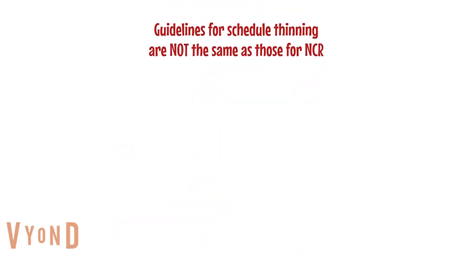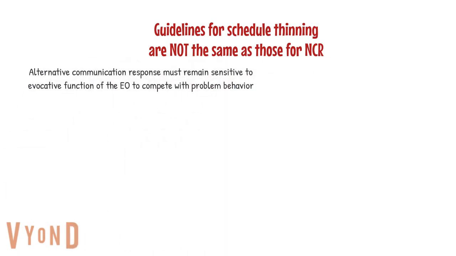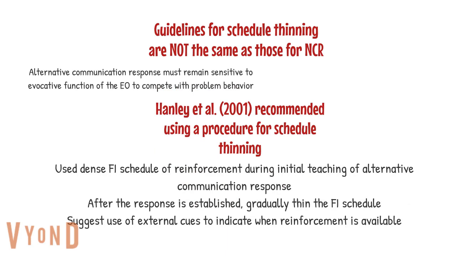Guidelines for schedule thinning for functional communication training are not the same as those for NCR. So the alternative communication response should remain sensitive to EOs that compete with the problem behavior. Otherwise, you could have recovery of problem behavior. Recommendations for using a procedure for schedule thinning would be first to use a dense fixed interval schedule of reinforcement during the initial teaching. So again, you're going to reinforce